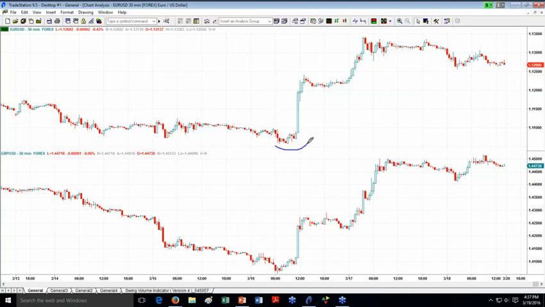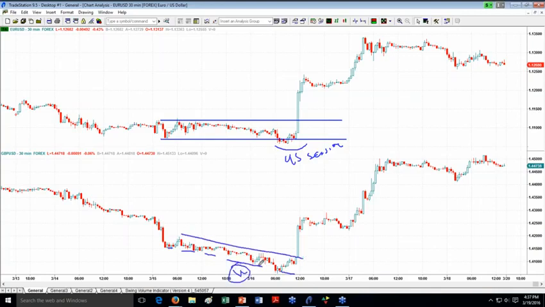So for instance, we are during this session in the US, and I'm seeing a structure here, a sloping down structure, so this looks weaker. So therefore, my inclination would be, if everything is based on the upward movement and we have the daily swing to the upside and the intraday structural bias also to the upside based on phase C here, then we could open the position in the instrument that is stronger